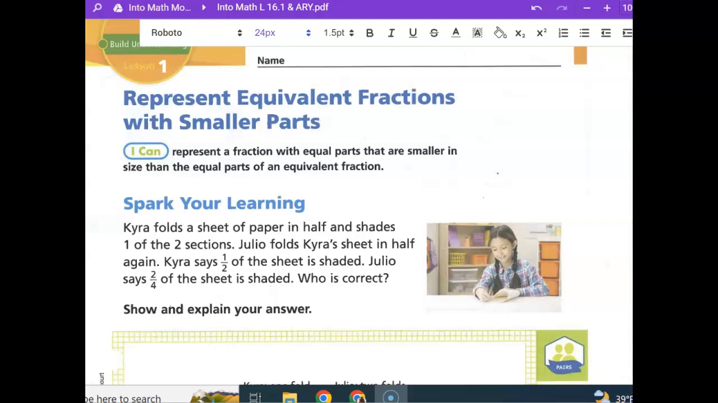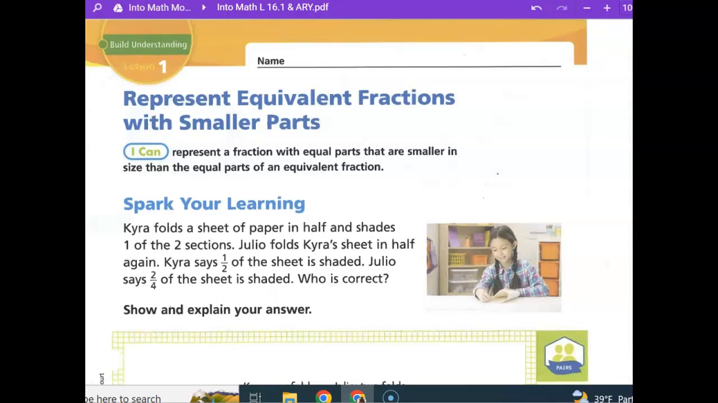Today we're looking at Math Lesson 16.1, Represent Equivalent Fractions with Smaller Parts. Read this I can statement with me. I can represent fractions with equal parts that are smaller in size than the equal parts of an equivalent fraction. Notice this root word here, the equal